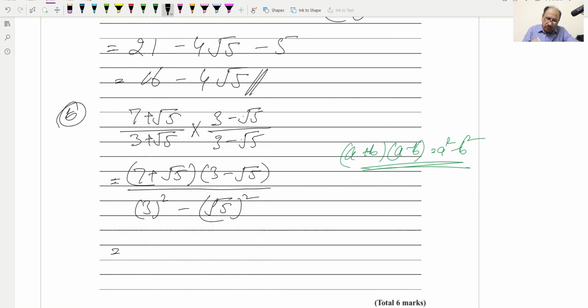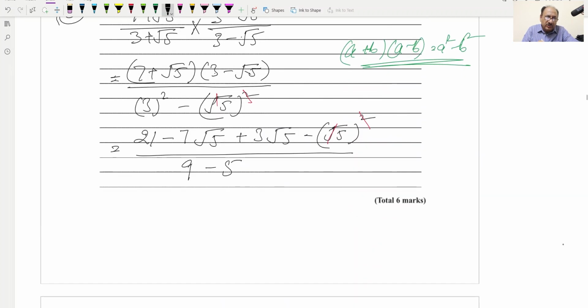And now we can multiply the numerator. 7 into 3 is 21. 7 into minus under root 5 will be minus 7 under root 5. I will write properly. So 3 multiplied by under root 5 will be plus 3 under root 5, and under root 5 into minus under root 5 will give minus under root 5 squared, and the denominator will be 9 minus square, and the under root will cancel, and we will get 5. Now this square and under root will also cancel, and we will get 21 minus